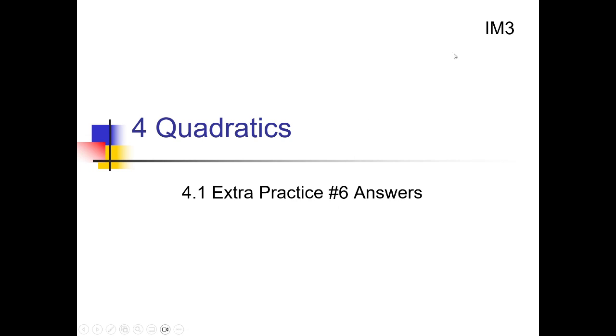Bringing you the IM341 Extra Practice number 6 solutions on solving quadratics using factoring. In this one, we've got a puzzle involving some geometric word problems, so let's go ahead and take a look